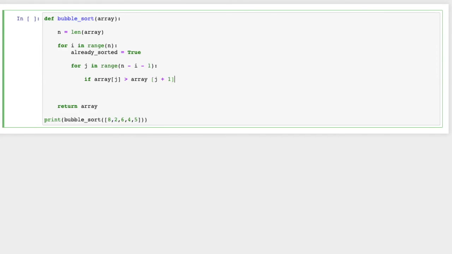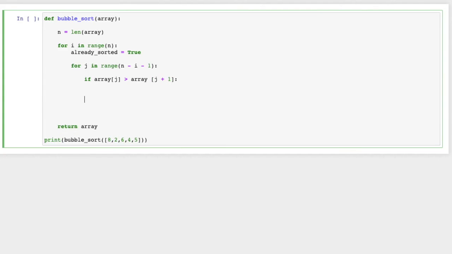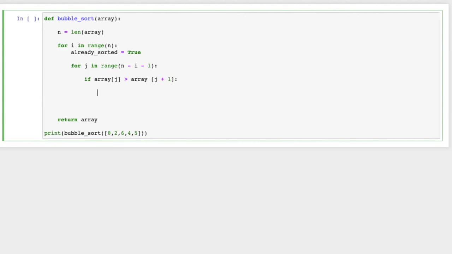So if it is greater, what are we going to want to do? Well, if we're trying to sort from shortest to tallest, we're going to want to swap those values. To swap those values, it's actually pretty easy. We're just going to take array[j] and array[j + 1], and we're going to set them equal to array[j + 1]